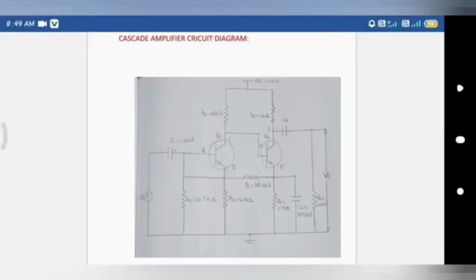In this video, we are going to see about the cascade amplifier. Generally, a circuit having a single amplifier does not give adequate bandwidth and gain. The cascade amplifier is a two-port network which consists of two amplifiers in series. The output of the first amplifier is given as input to the second amplifier in a daisy chain.